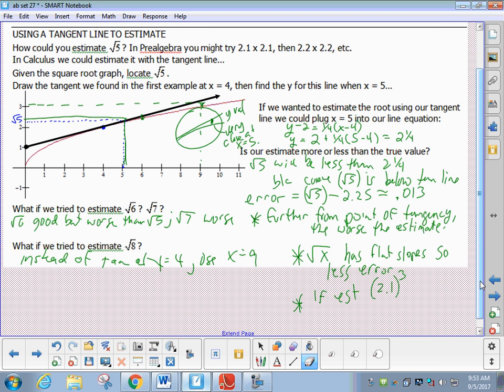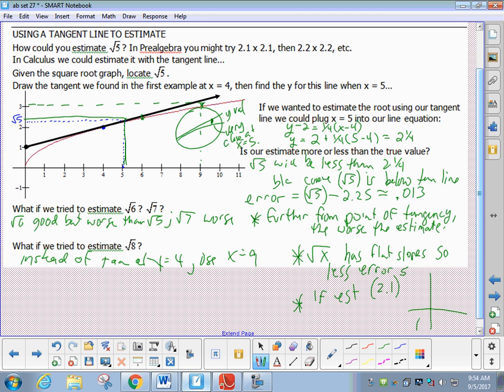Actually, let's say something really big, 2.1 to the 5th. No, I don't want to multiply 2.1 times 2.1 times 2.1. That's tedious, okay? I could use a tangent line to estimate that and say, well, I know 2 to the